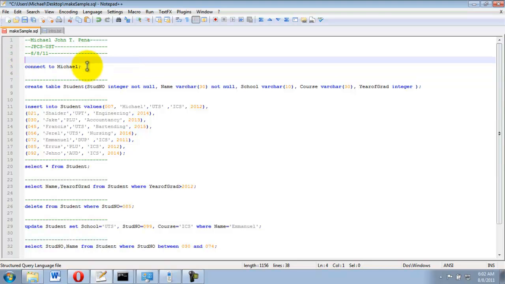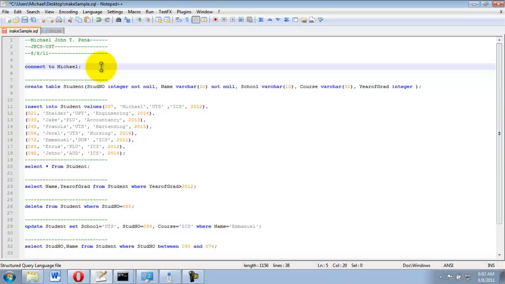Let's start with connecting to the database. Since I've created a database, Michael, the first thing you need to do in a script, you need to connect to the database.